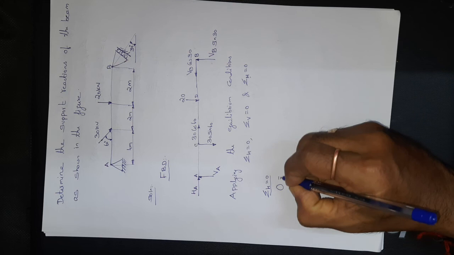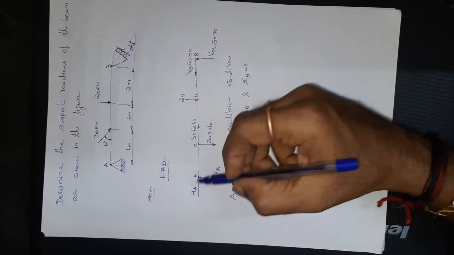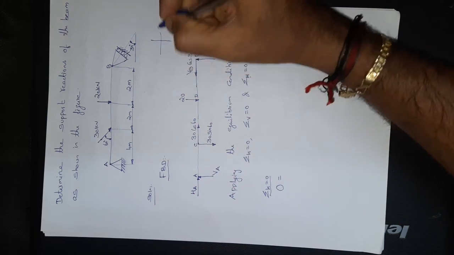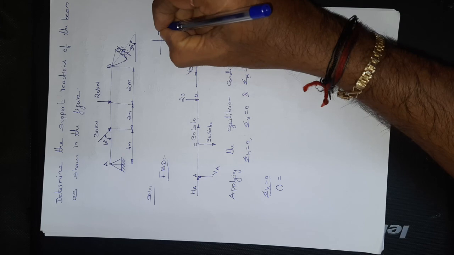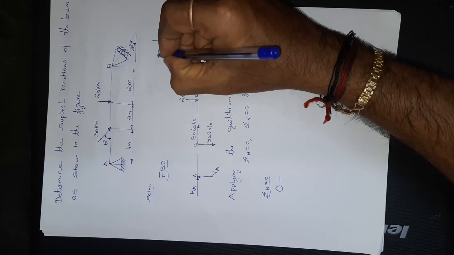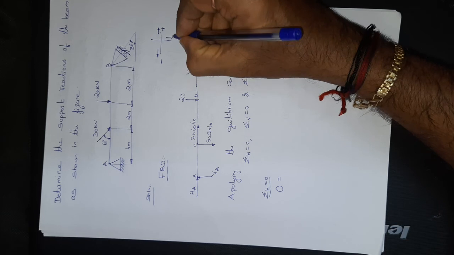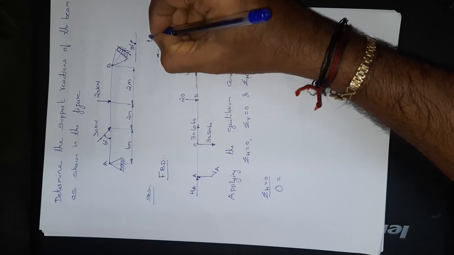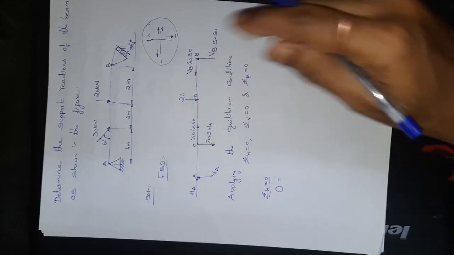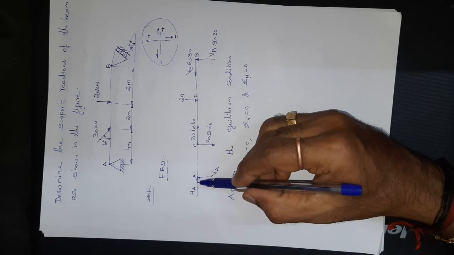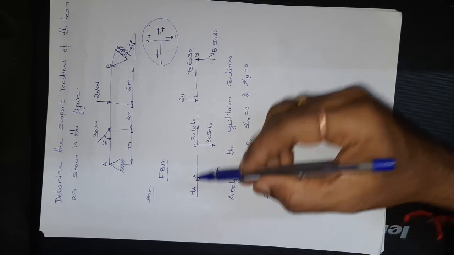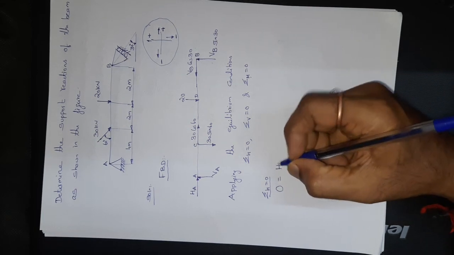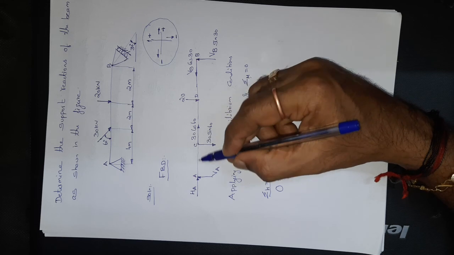So 0 equal to, how many horizontal forces are there? Just listen carefully here. Before that, let me just draw the diagram. When the force acts in this direction, positive. When the force acts towards this direction, negative. And the force vertically downwards is negative. And the force acting vertically upwards is positive. So now just look carefully. Look here, this force is acting in the positive x direction, therefore it will have a positive sign. So HA. Is there any other horizontal force?